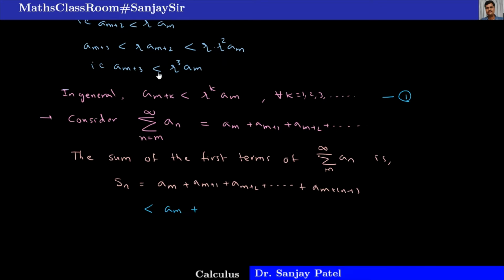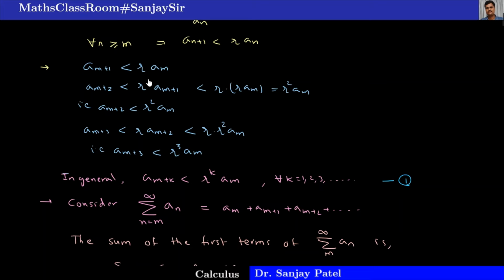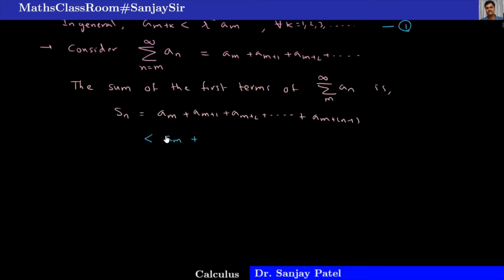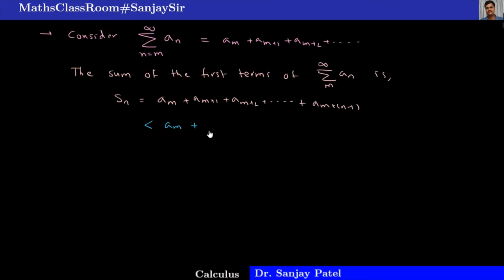See, we already proved here a_{m+1} is less than r times a_m. So I am writing here a_{m+1}, keeping the first term as it is. This is less than r into a_m. a_{m+2} is less than r square into a_m. Then r cube into a_m, we will get r cube into a_m